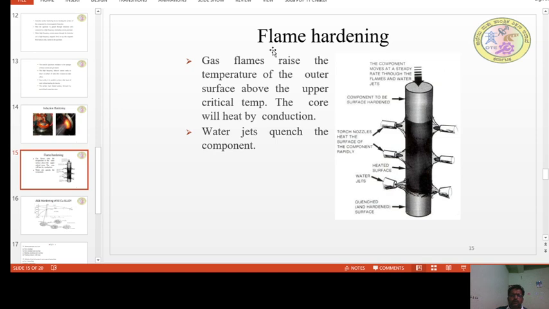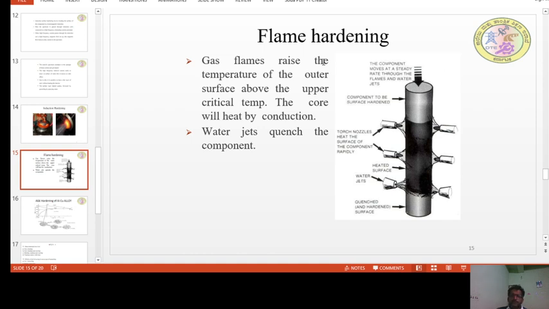they immediately spray a jet of water so that it is subjected to sudden cooling, which results in hardening of the surface. That is what is called flame hardening. Depending upon the type of the component, let us say if the component is flat, then they heat the surface by a flame, and then they take the component separately and quench it in cold water. That is the first generalized simple case.